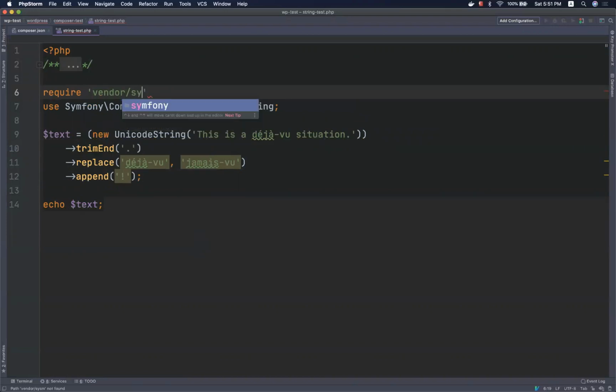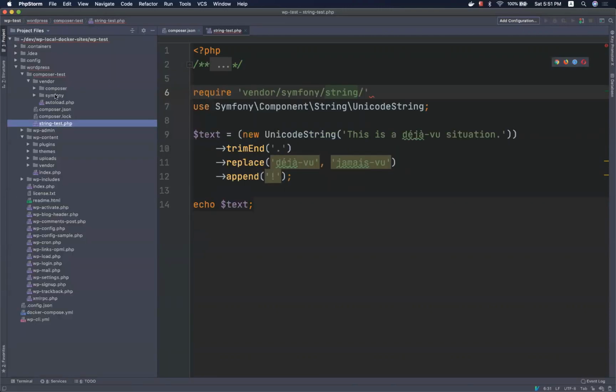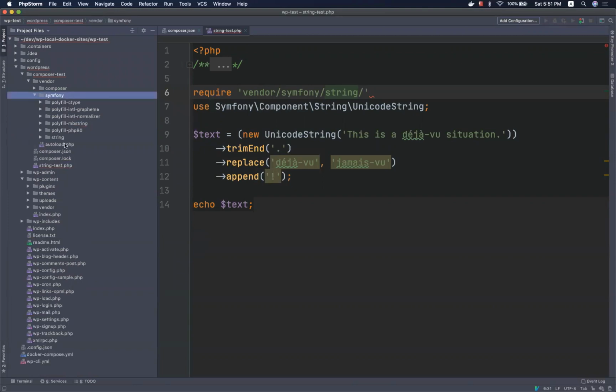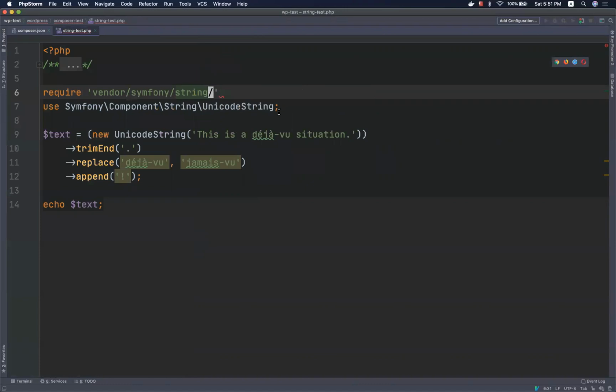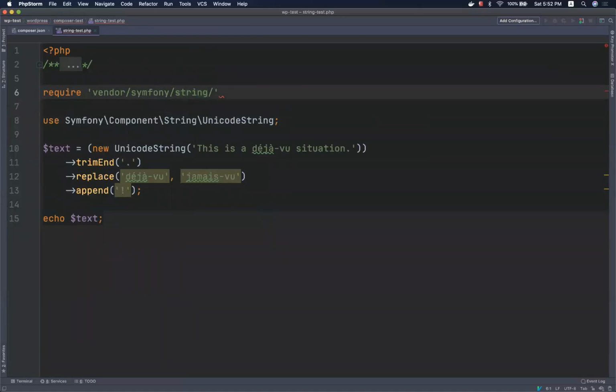In case we downloaded this library, we will go to string, then try to see where that file is, Symfony string, and this class, right? Unicode string should be inside components somewhere. But now the problem is, if there are multiple classes, then we cannot individually require all these classes, right? And what